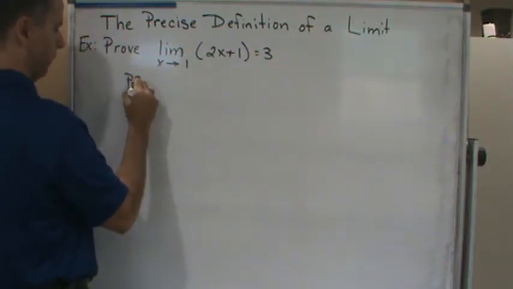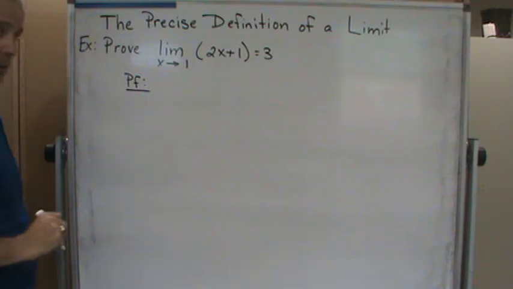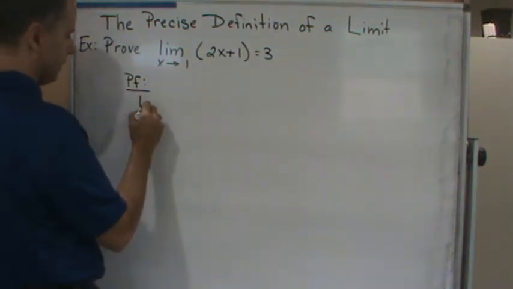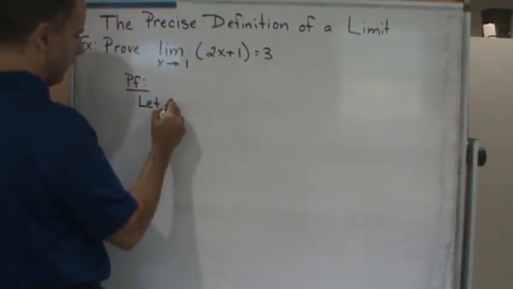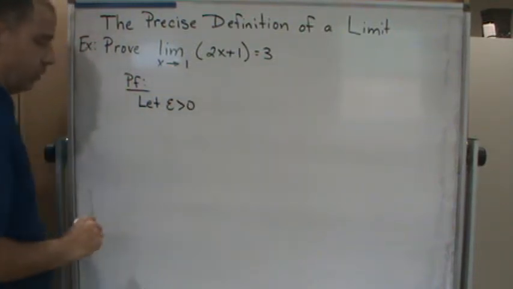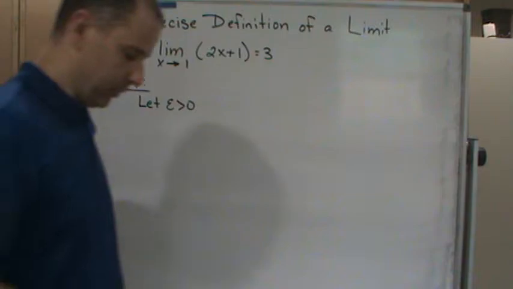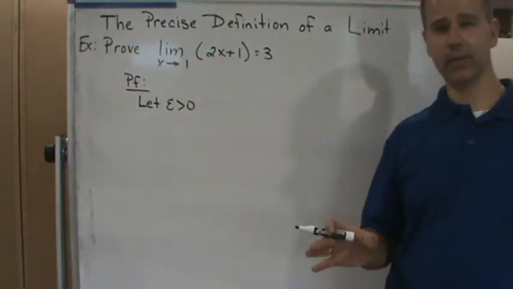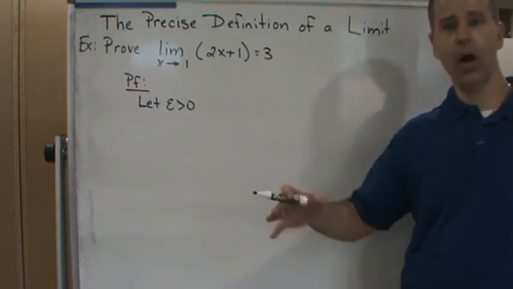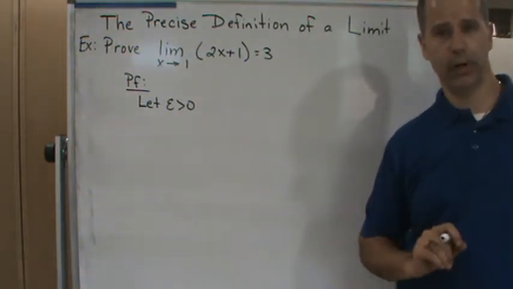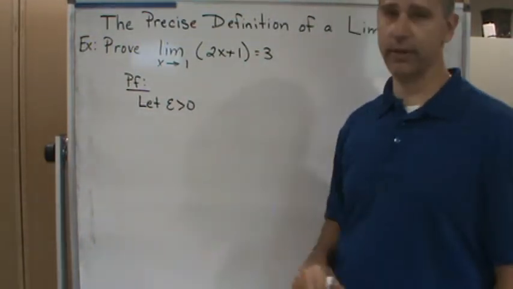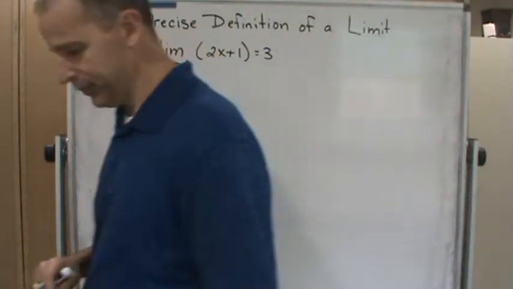So we start with our proof. Now, what we're going to do is we're going to start with let epsilon be greater than 0. Why? Because remember, the first part of the proof says that for every epsilon greater than 0, all this other stuff must be true, right? That's what we're trying to prove. So let's just start with an epsilon that's greater than 0. Okay. Now